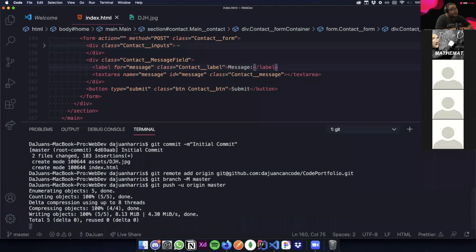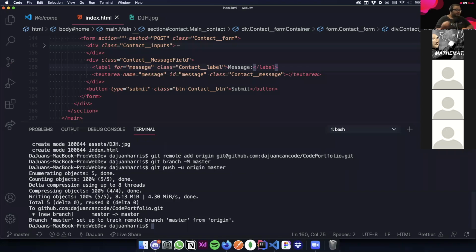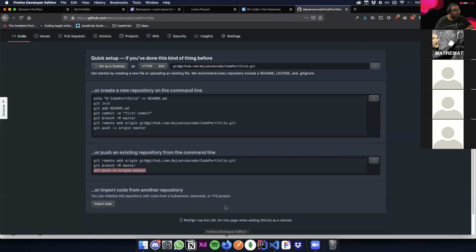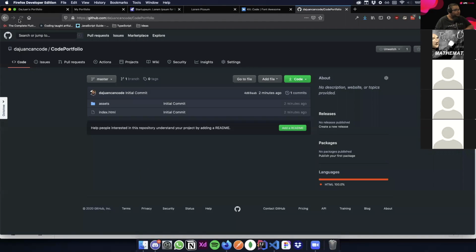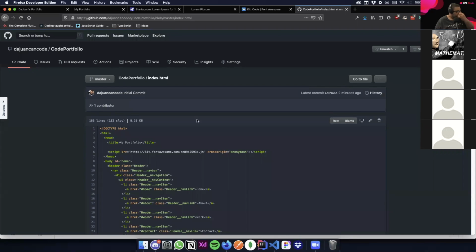All right. And that's going to push the repository to GitHub. All right. So finish, and then I'll go back to GitHub, refresh, and here I have my code here, index.html